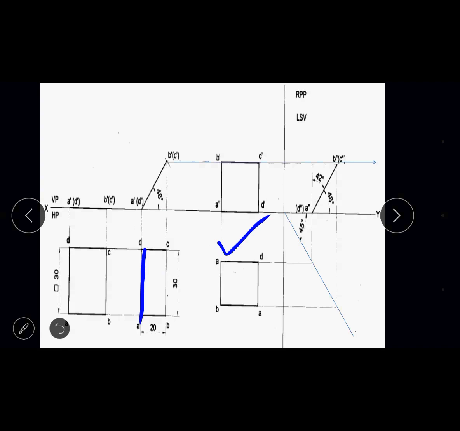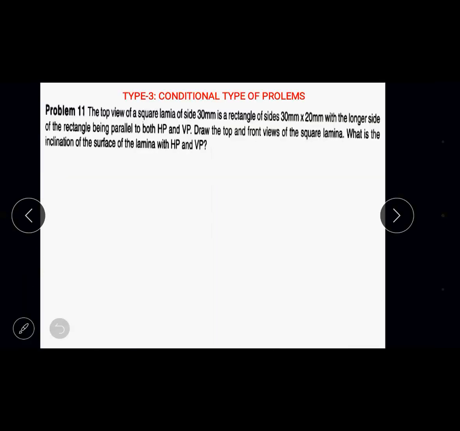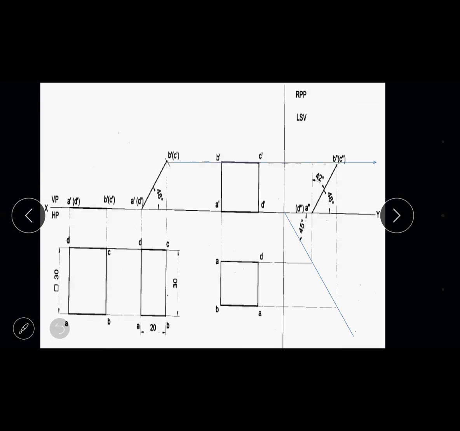So what do we do in the third figure? In the third figure, the same rectangular lamina is rotated in such a way that the line AD is placed parallel. There is a mistake in the textbook: this is not AD, it is CB. This is C, this is not A. So the line AD and BC, because these are the two longer sides, you should rotate the rectangular lamina in such a way that the line AD is placed parallel.